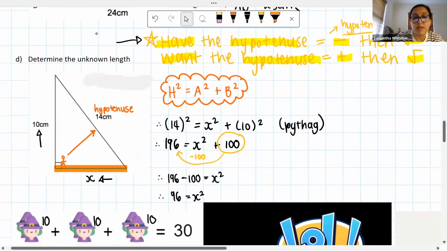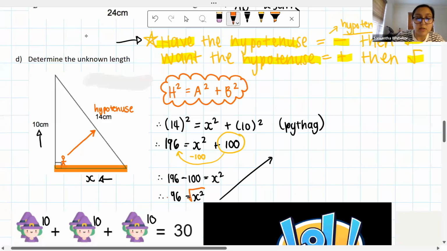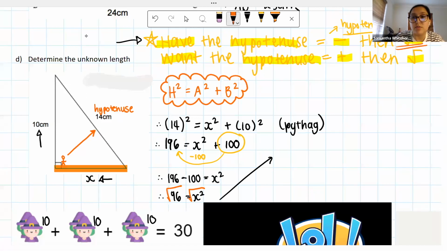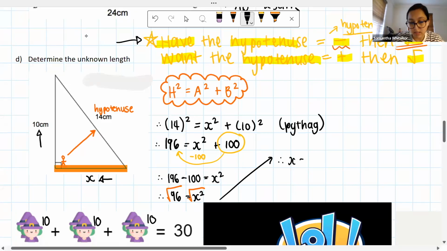Whoops, I'm running out of space. Okay, I'm going to have to carry on up here. Now remember, we don't want x squared, we want x. So we have to square root both sides. That's exactly what I told you need to do. Once you've subtracted, then we square root. The square root of 96 then gives us x is equal to